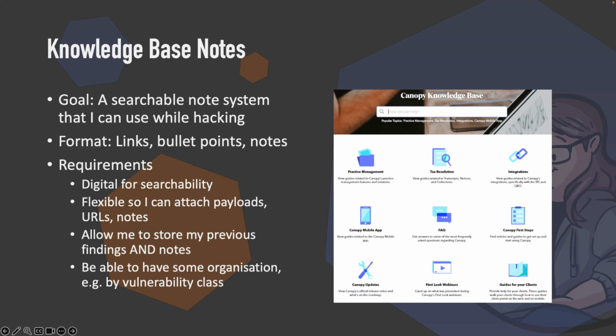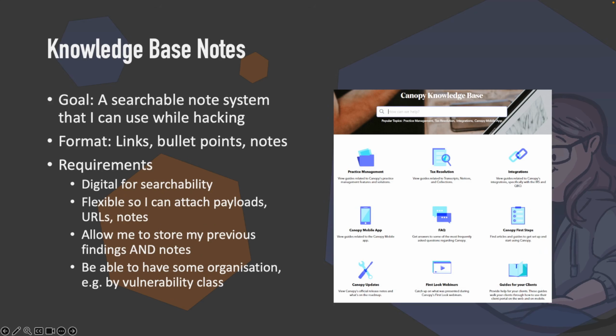For me, one of the big requirements is searchability. So I do have an all-digital system. I want something flexible so I can attach lots of different ways of presenting the same information. If it's a GitHub repository word list, if it's a write-up, if it's a disclosed report, I want that flexibility to choose what I actually want to attach to that note,